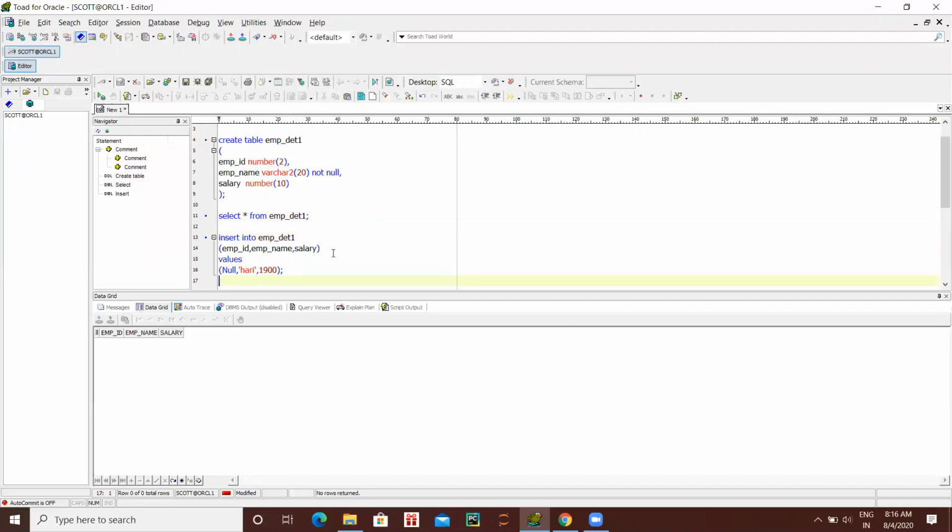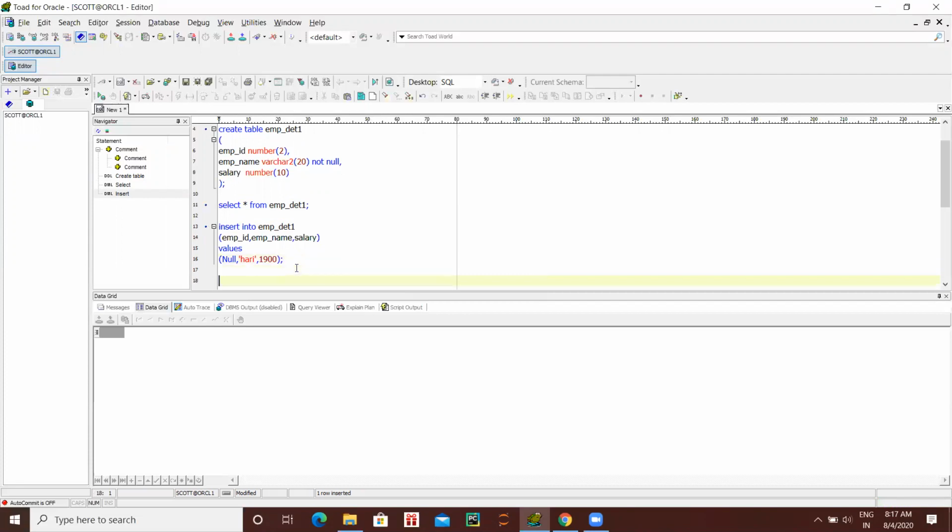Here we are going to insert into employee detail: employee ID, employee name and salary. Employee ID I am putting as null, employee name Hari and salary 1900. Run it. Now select star from employee detail.